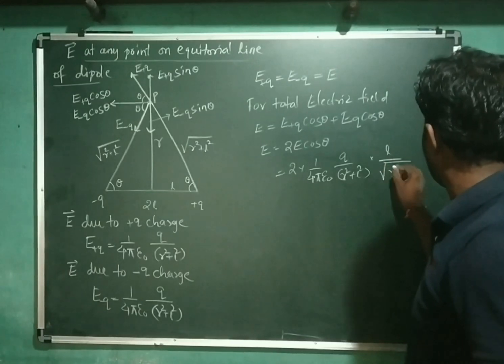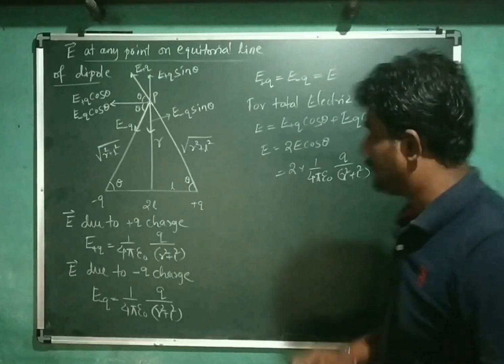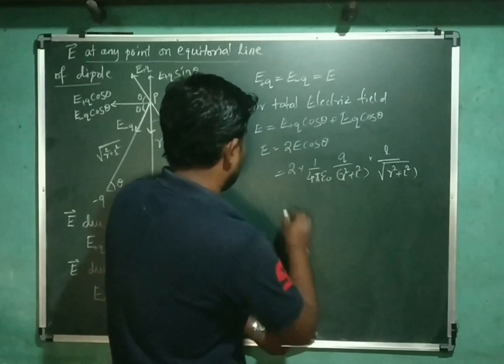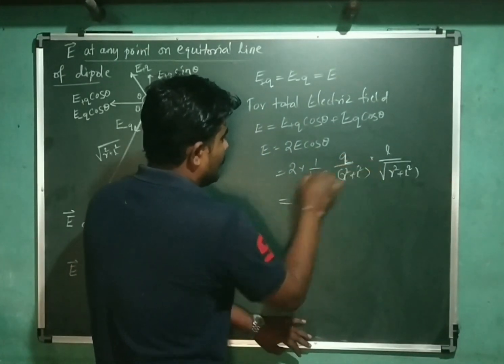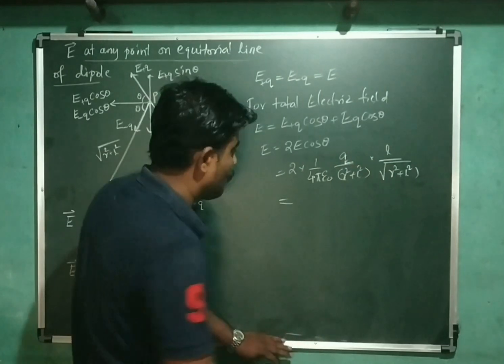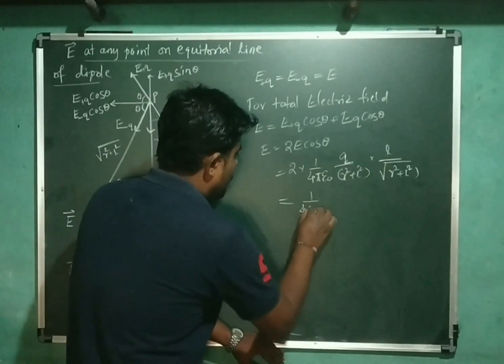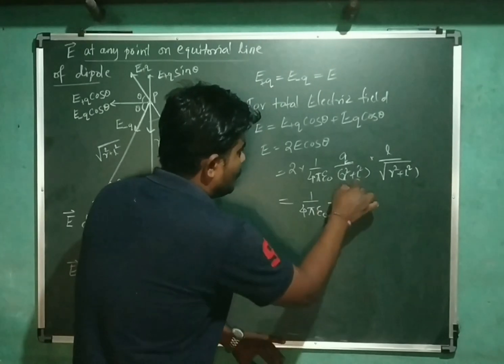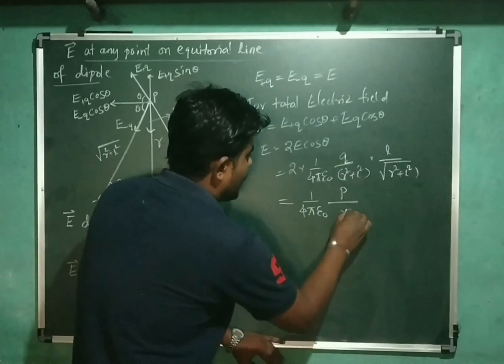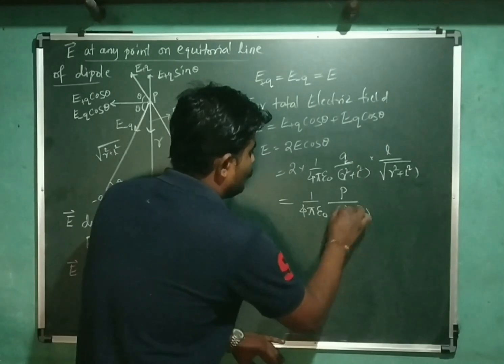Under root R square plus L square. And Q into 2L is what? It is the dipole moment. Therefore 1 divided by 4 pi epsilon naught P divided by R square plus L square under root R square plus L square, I can write it as R square plus L square to the power